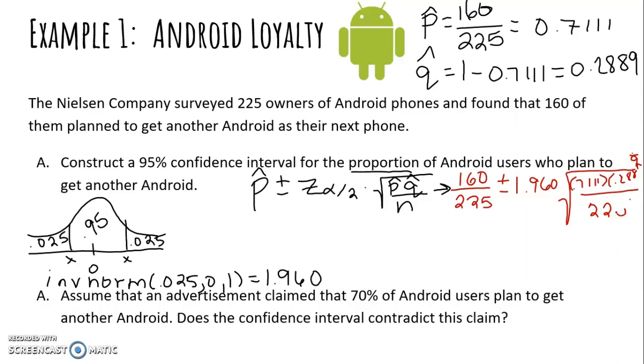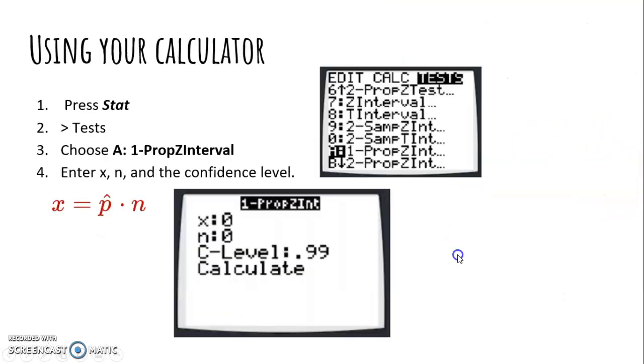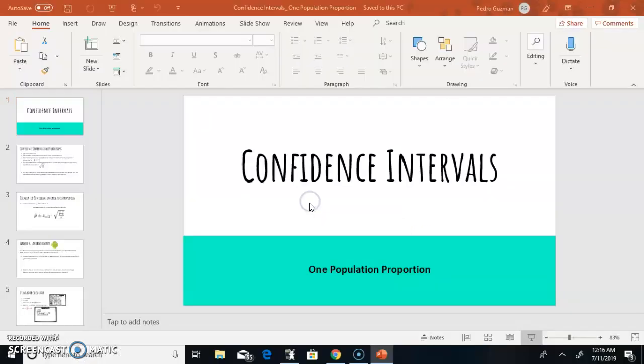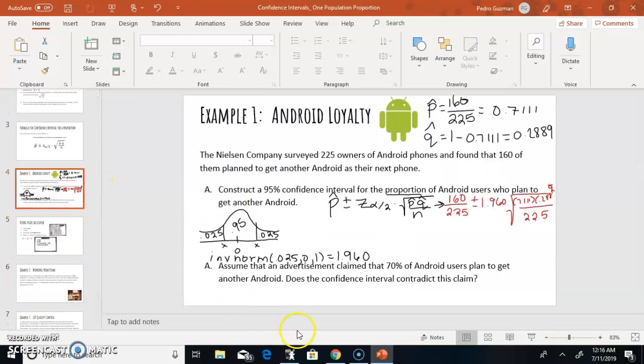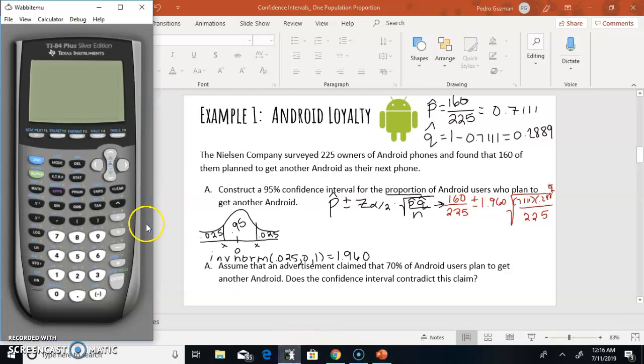Now I feel like a lot of times I don't show you the calculator, but I feel like I need to show you the calculator here, just because there's so many ways that you can enter a number. So let me pull the calculator up. To type this in, I'm going to do 160 over 225. Clear that out first. It's 225. I'm going to start with minus